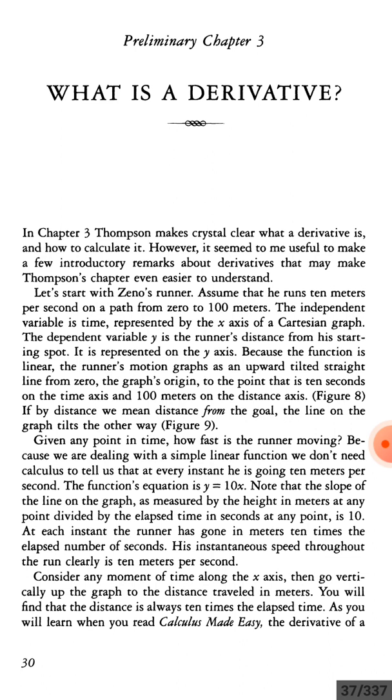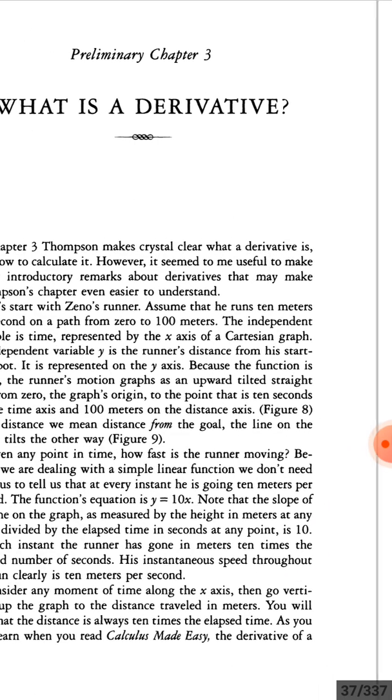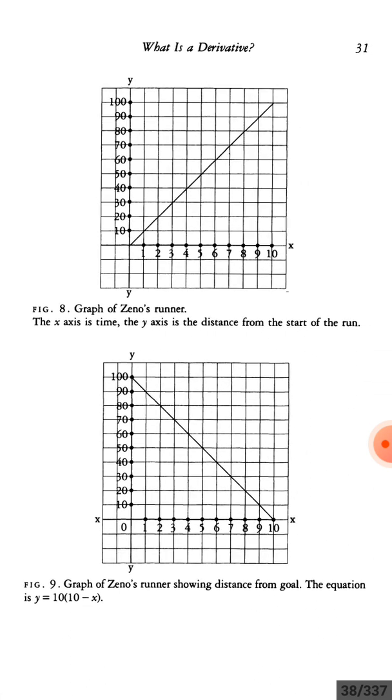Consider any movement of time along the x-axis, then go vertically up the graph to the distance traveled in meters. You will find that distance is always 10 times the elapsed time, as you will learn when you read Calculus Made Easy. The derivative of a